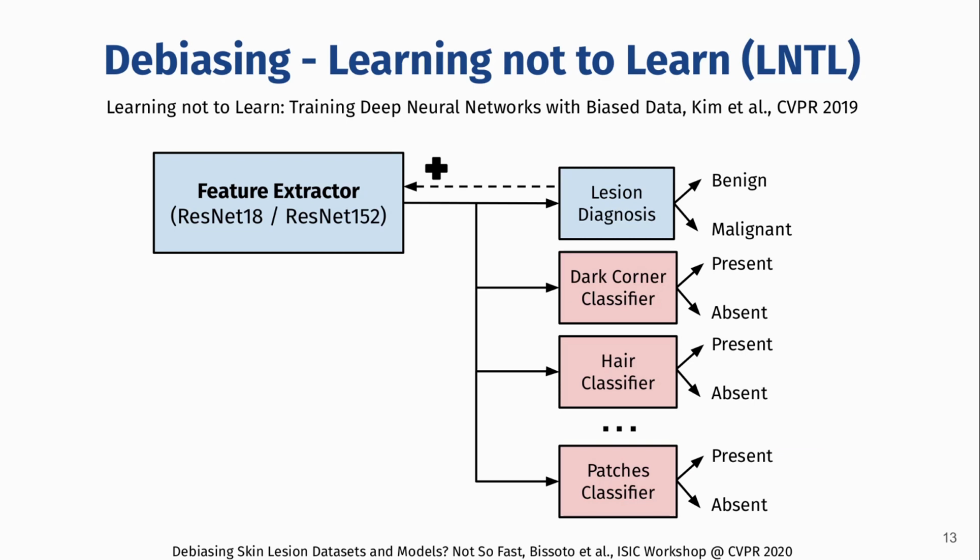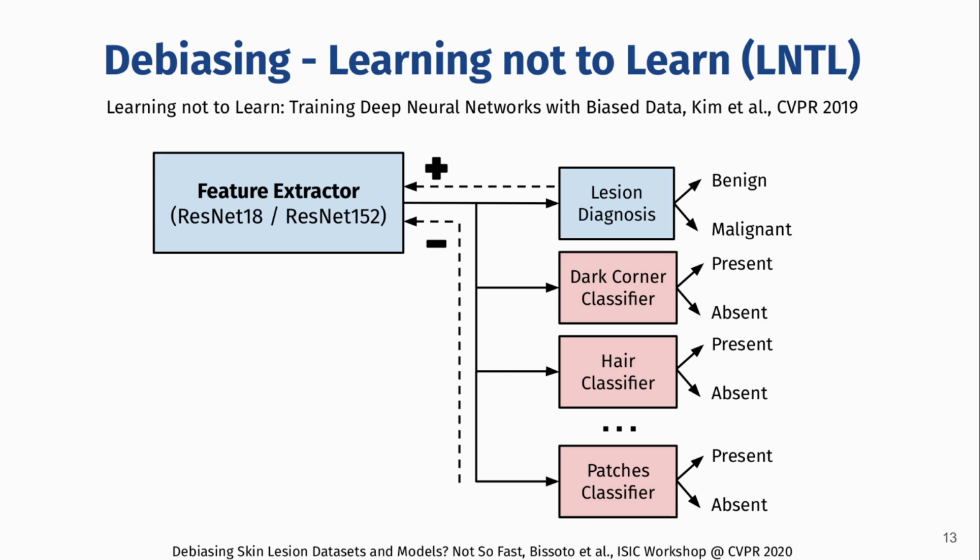In the first step, we train a feature extractor with a classification head for the main task, which is in our case lesion diagnosis, and the feedback from the lesion diagnosis helps the feature extractor to extract more relevant features for this task. In a second phase, we have classification heads for each one of our artifacts, the annotated artifacts, and we train these